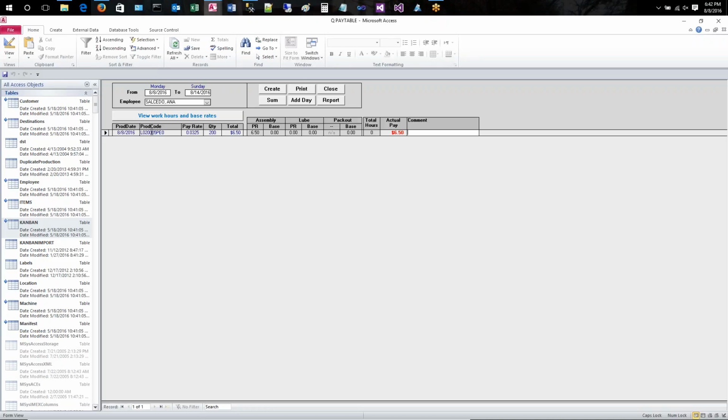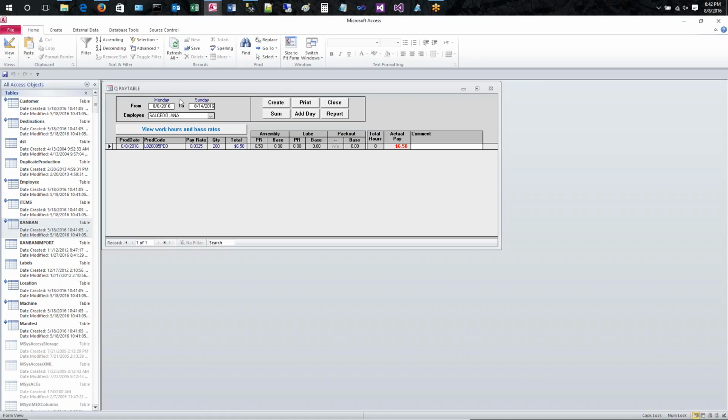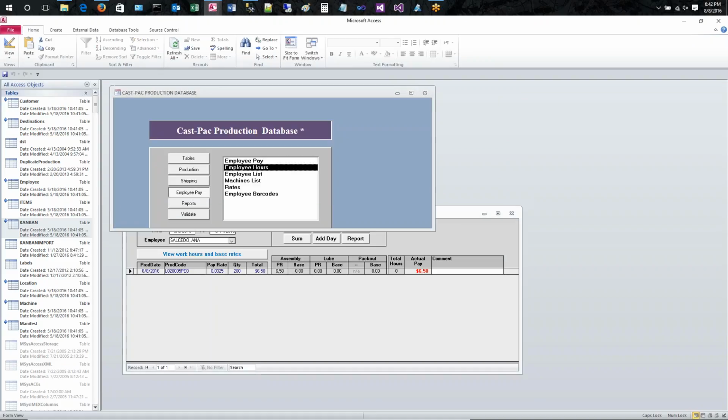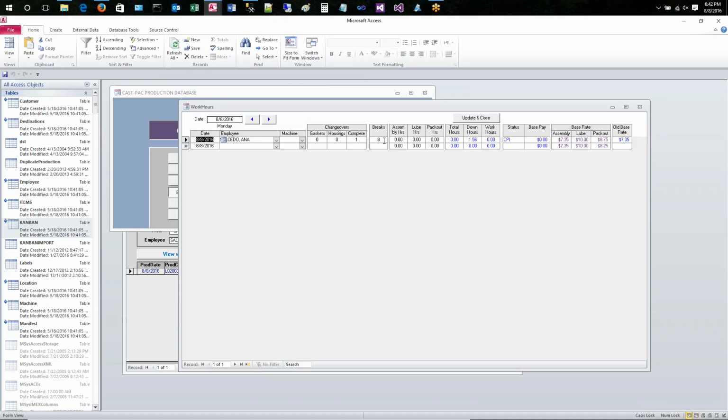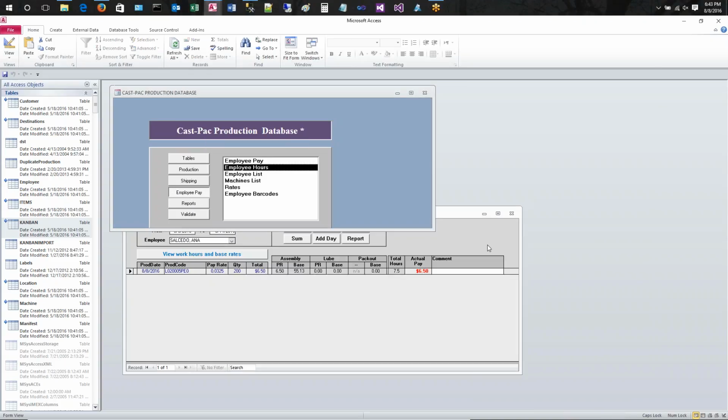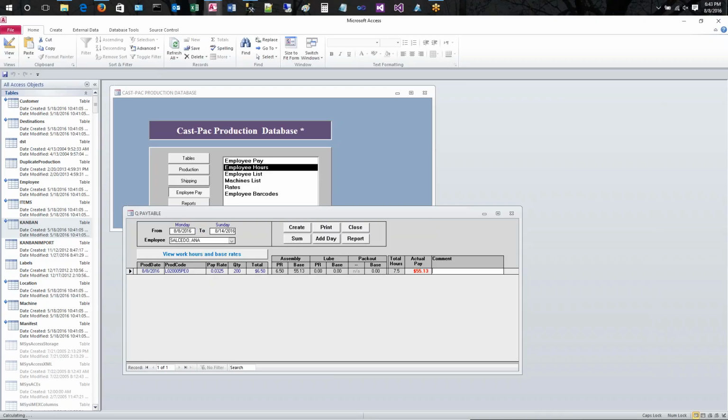Was this added here because it was on the other Kanban? Yeah, that was the one that I built. Okay. Actually, my hours didn't fill in for some reason. Oh, because I put 8 breaks in. That's better. So now when I hit sum, it'll say, no, you didn't make enough pieces. She only made $6.50 worth of pieces. So we'll pay her the base rate of $55.13, and that's what it gives her for a total for the day. Okay, so I would have to build the Kanban first and have it in the produced list and whatnot,